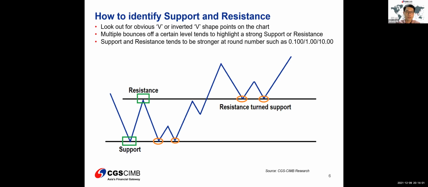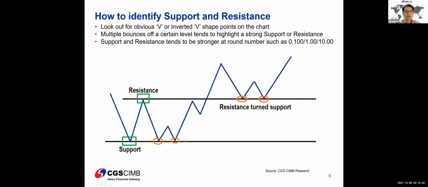And vice versa on the flip side, if we have a major inverted V-shaped top, usually that inverted V-shaped point will likely become a resistance. So just to illustrate a point over here, you can see again, like I mentioned, if this blue line, just imagine this as price, the first support level is identified over here when we get this strong V-shaped bottom. Usually how prices tend to react to support resistance is that on the next retest of this support level, we will likely then see prices start bouncing off this support once again,